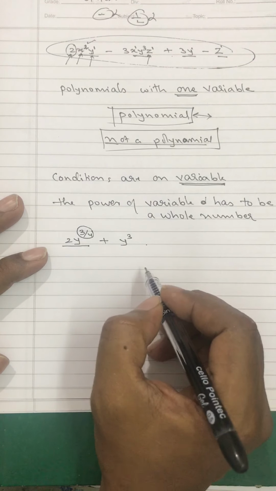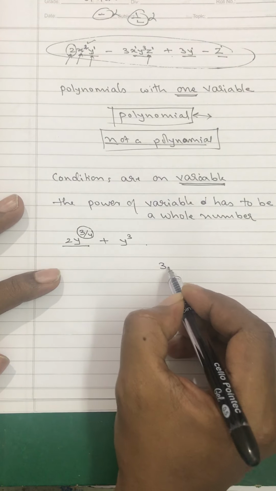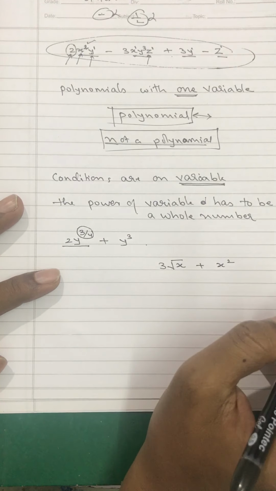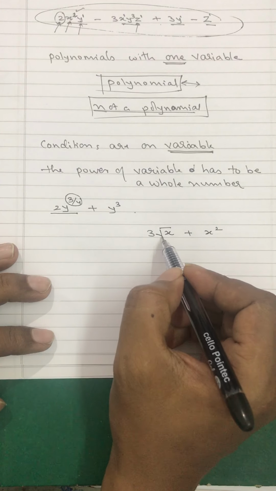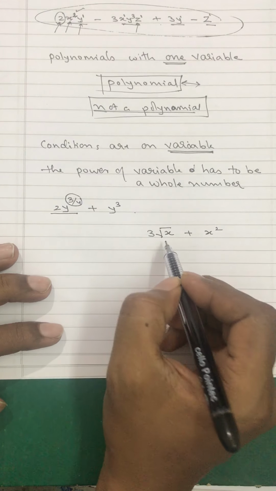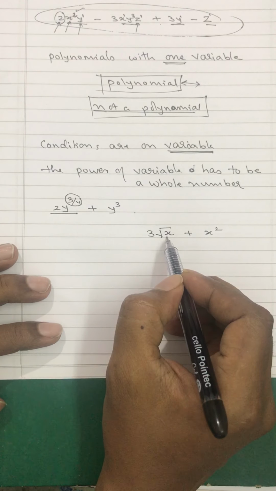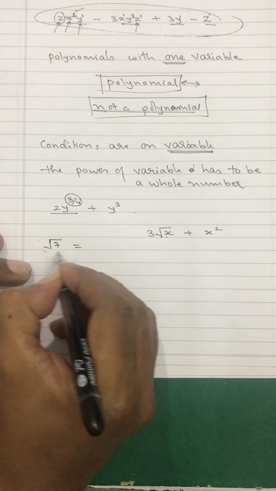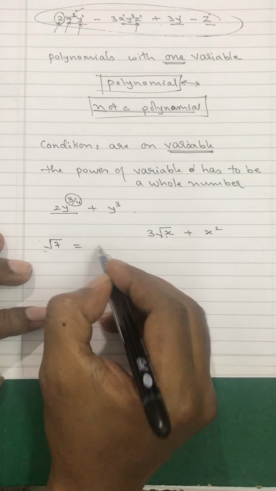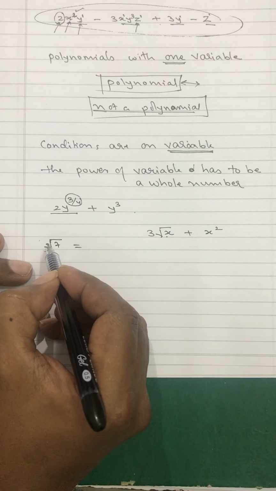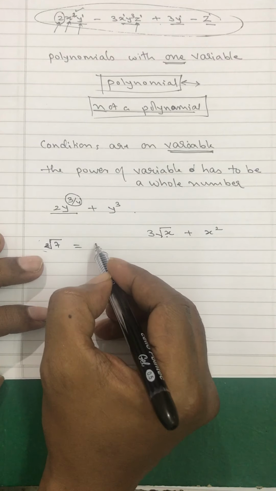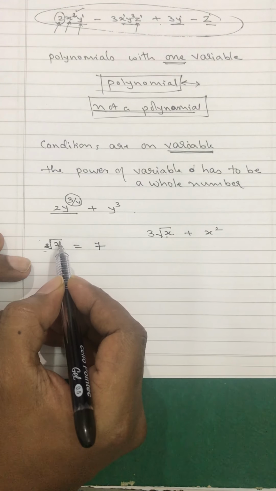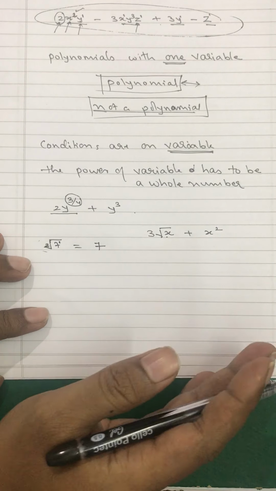Are you getting? And one more thing you should remember: 3 root x plus x square. See my dear students, this is a radical form. There are two ways of writing a radical. If I can write root 7 like this, the same thing I can write instead of a radical. See, this is a square root, means the root over here is 2. I have explained this to you. This goes and becomes the denominator of the power. At present the power is 1.